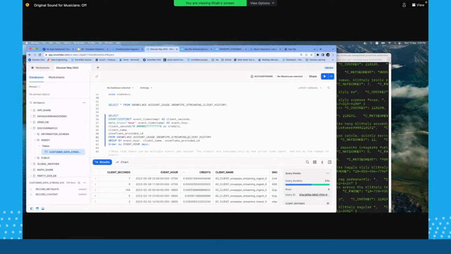But if you are taking in data from a real-time source like Kafka or an IoT device or an edge device, which is throwing in millions of records per second, then you will definitely have to go to Snowpipe streaming. And Snowpipe streaming is cheaper in multiple aspects, right? So it's really not an apples to apples comparison, because Snowpipe has its own use cases, and Snowpipe streaming has its own use cases.